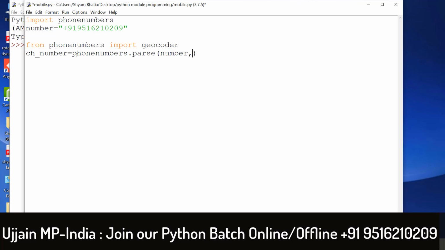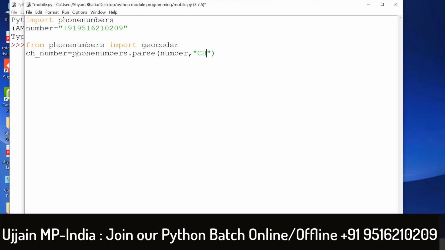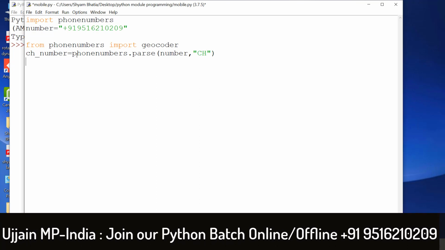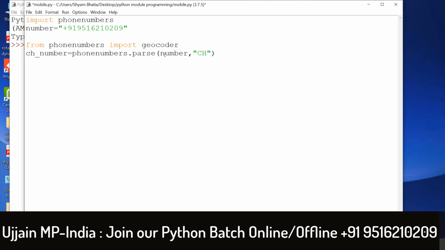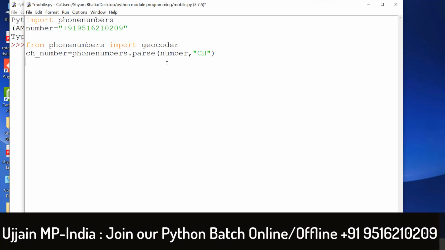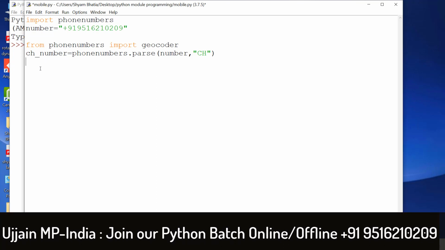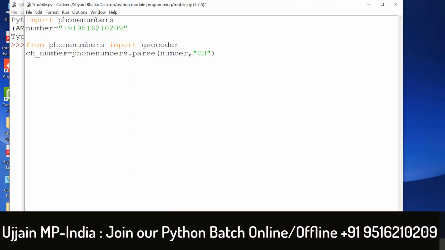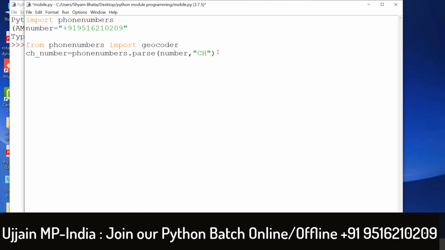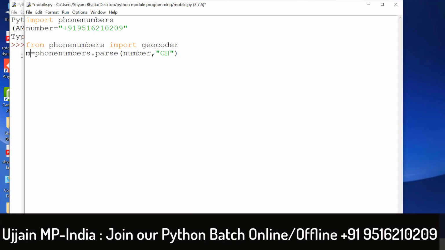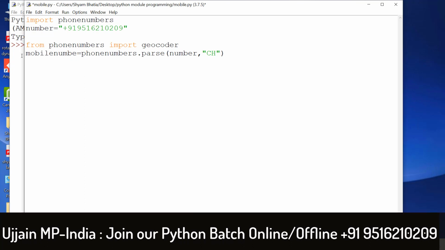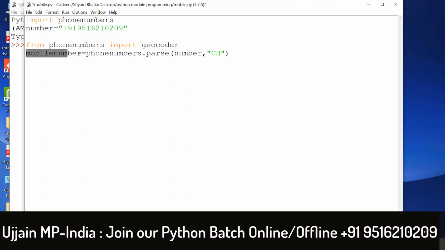So the number which is in the form of a string will be converted into digits, and those digits will be stored in this variable ch_number. You can take any other name, such as mobile number, also.